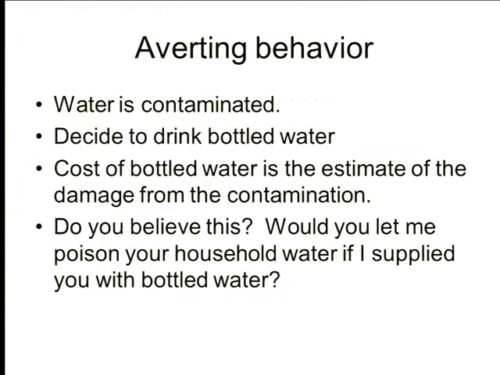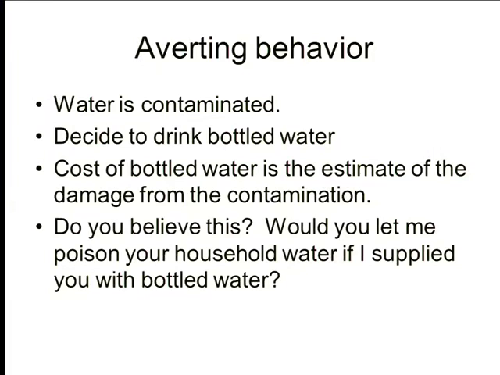The last market method is averting behavior. So if you're going to get hurt doing something, like you're going to drive and statistically you're going to get hurt, then what do you do to avoid getting hurt? You take averting behavior: putting on your seatbelt, driving a car that actually has an airbag. That's all averting behavior. And then as you get a little older, there's averting behavior called driving the speed limit. Now that's a foreign concept to you, but you'll catch on in about 5 years. All right, 10% over the speed limit, not double the speed limit, right? So start doing all of these things to reduce your risk.